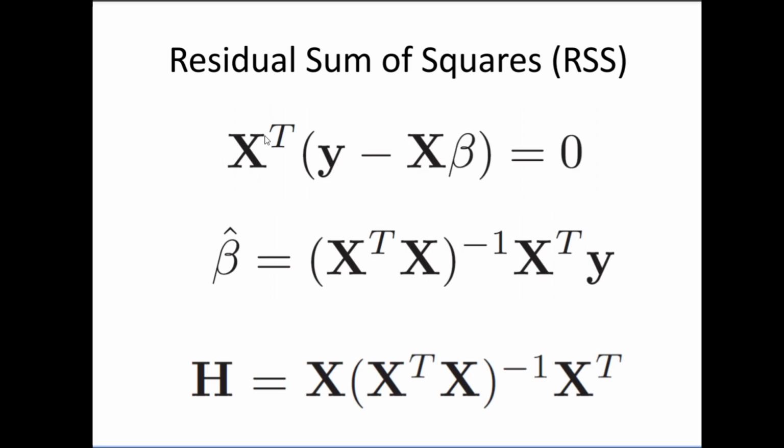How? First of all, you multiply here X transpose into y minus X transpose X beta. You have there X transpose X beta. You take it on this side of the equation. You multiply inverse on both sides. You will get beta equal to (X transpose X) inverse X transpose into y. Now this guy right here is also called H, the hat matrix, because it puts a hat on your y.